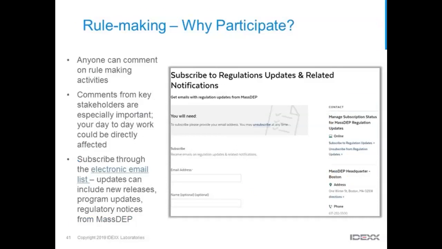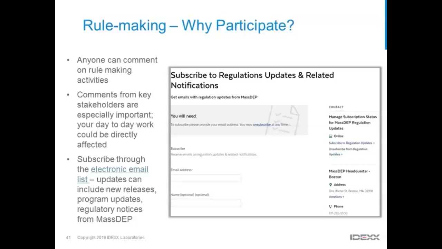Since anyone from the public can comment on a proposed rule change, and comments can be quite impactful to rulemakers, especially when they come from stakeholders such as wastewater utilities or laboratories, since you're the ones who do this type of work and you might be directly affected by any rule changes. A comment submitted to the state can include things like your opinion on the rule subject, any data you might like to share that might be impactful pertaining to the regulation that you're commenting on, or how the proposed rule change might impact your daily work.